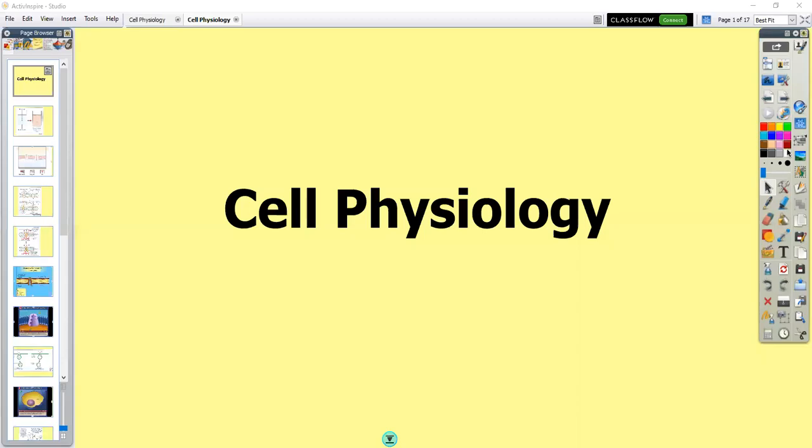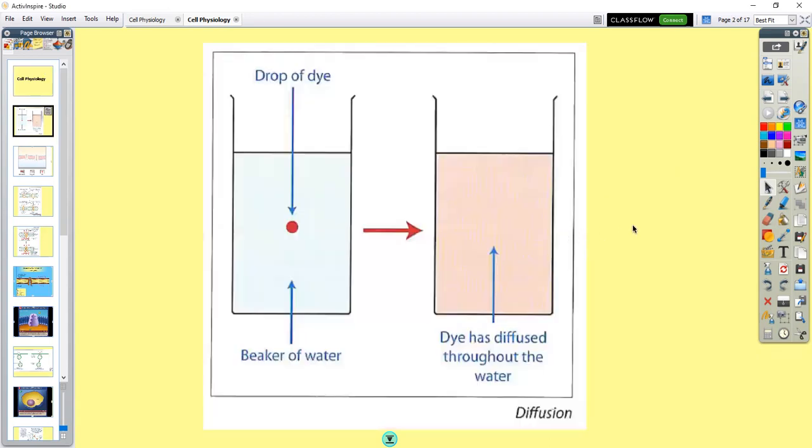Okay, so in this video, we're going to look at the topic of cell physiology. So the first part of this, we look at movement of substances across the cell surface membrane, so across that phospholipid bilayer. First bit of this is looking at diffusion, or simple diffusion as it's called, and that is